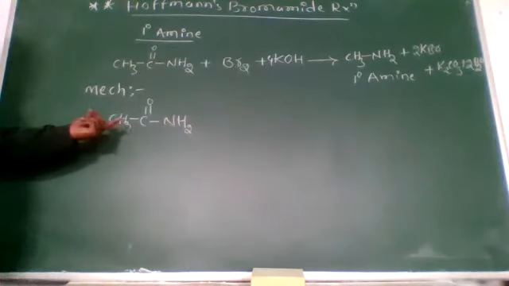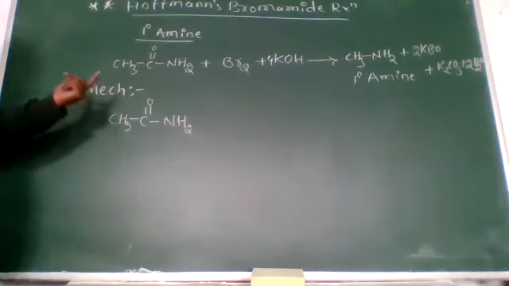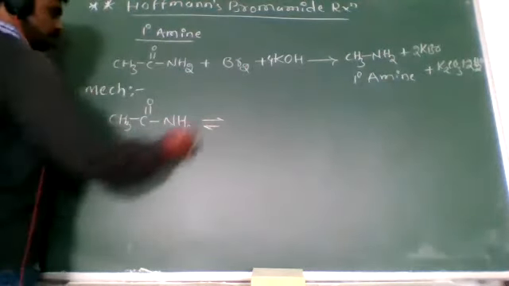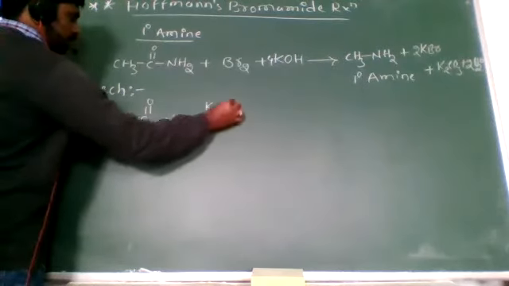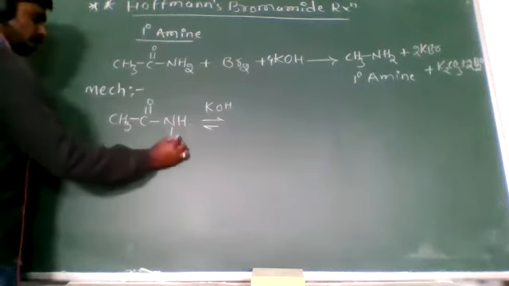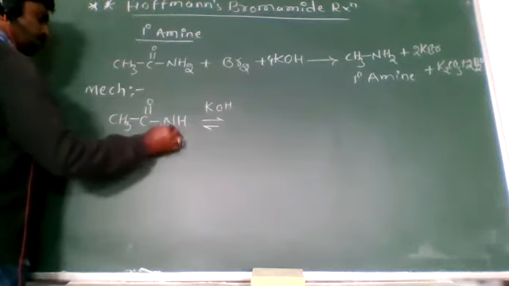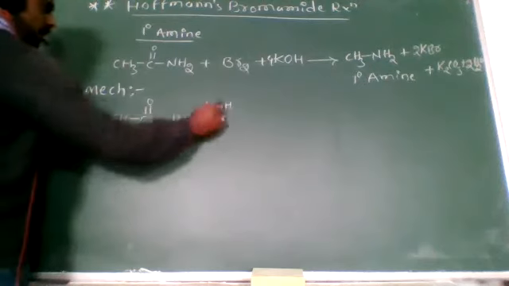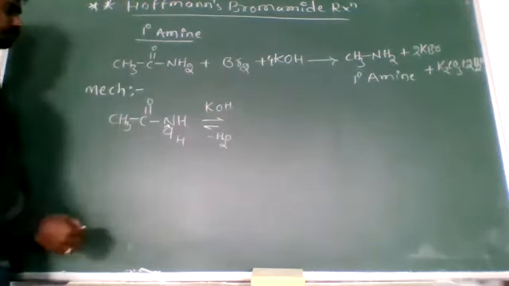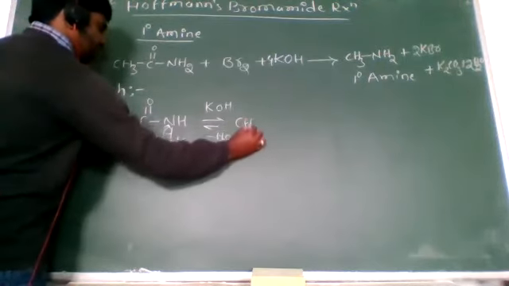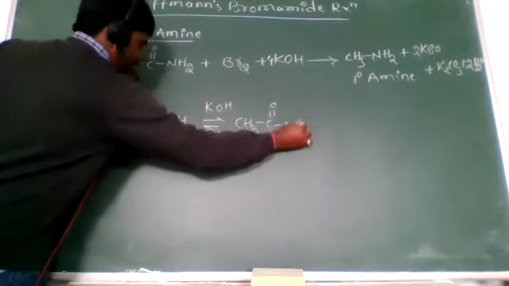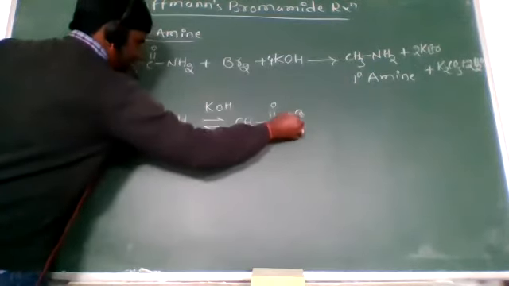Now the amide, first of all, reacts with potassium hydroxide, KOH. Here, how many hydrogens are there? Two hydrogens. I am writing one hydrogen separately like this. This bond's electrons shift to the nitrogen side. From here the OH leaves, loss of H2O. Right, now it forms CH3 C double bond O NHK, potassium amide. This is potassium amide.